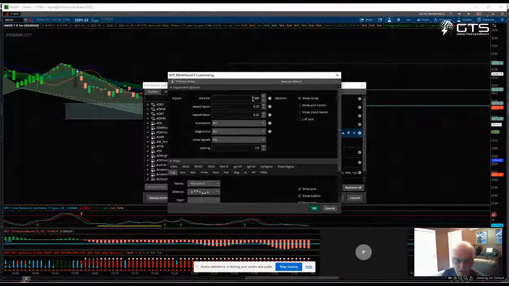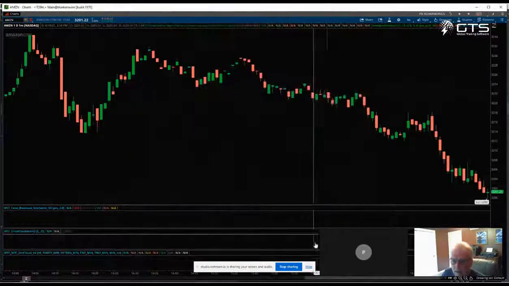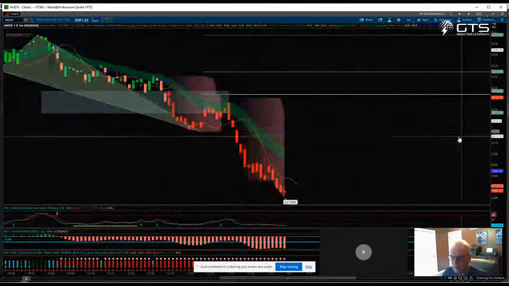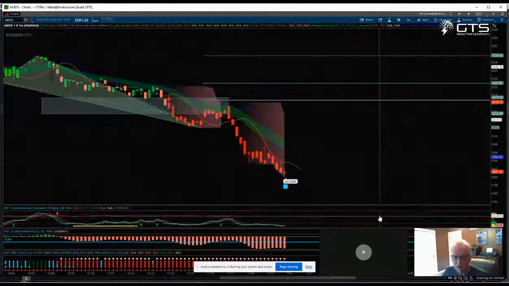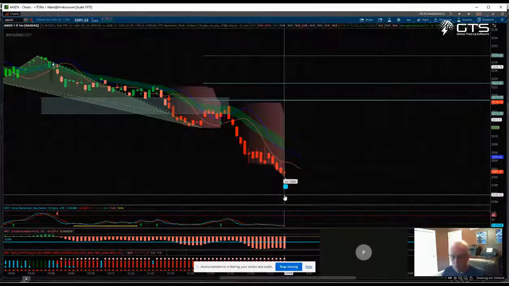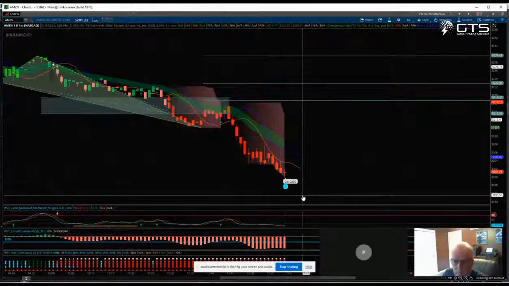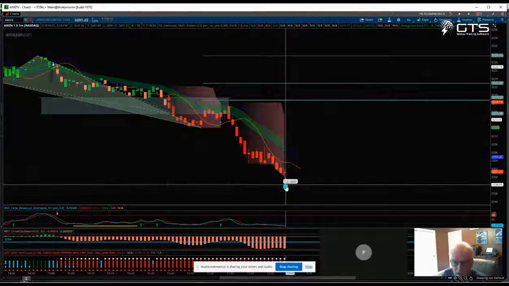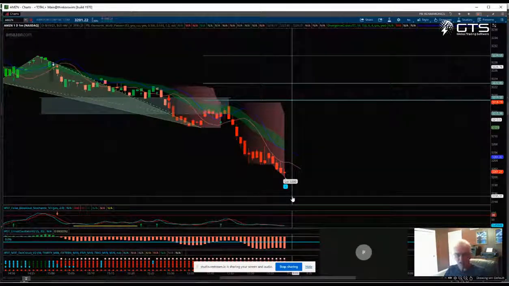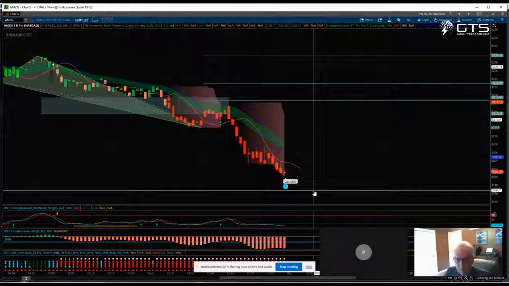And right now you can see it's pretty close. It's at 386 from yesterday's, but I'm going to just bump it up to 390. And then I'll hit OK, apply, OK, and then it's going to configure itself. We'll see how it opens up. I may change that, but it's still sitting at a 1, but we'll see how that changes. Usually I do it within the first 5 minutes of the market open. So at 9:30, which is about 30 minutes from now, I'll probably come back in and see how that plays out.